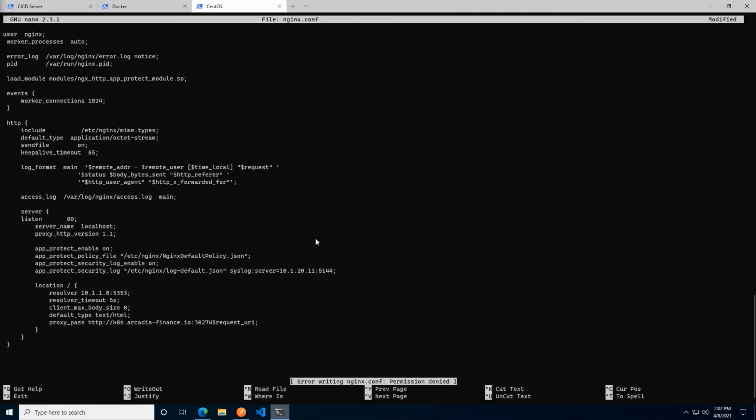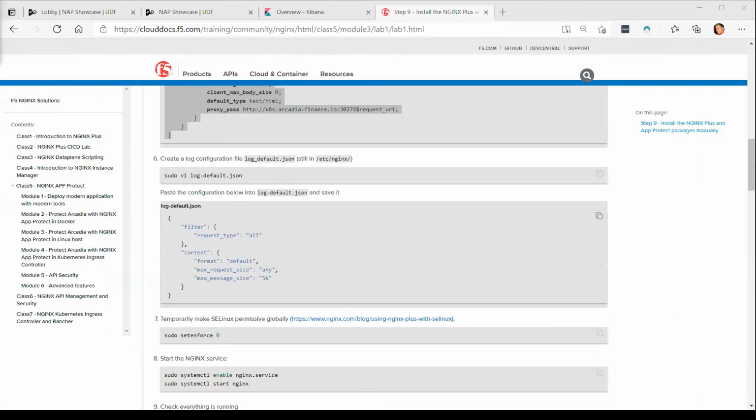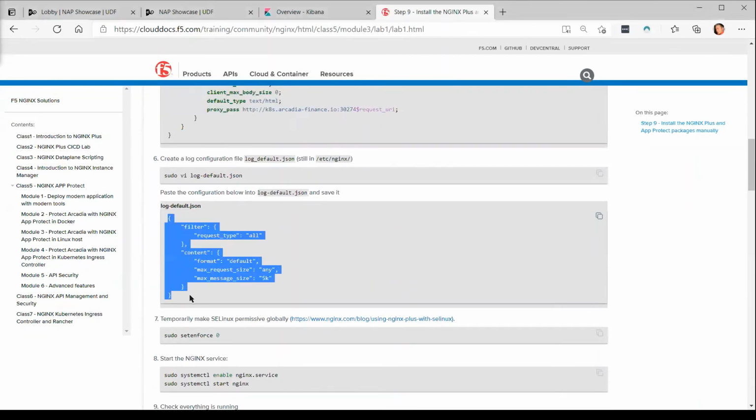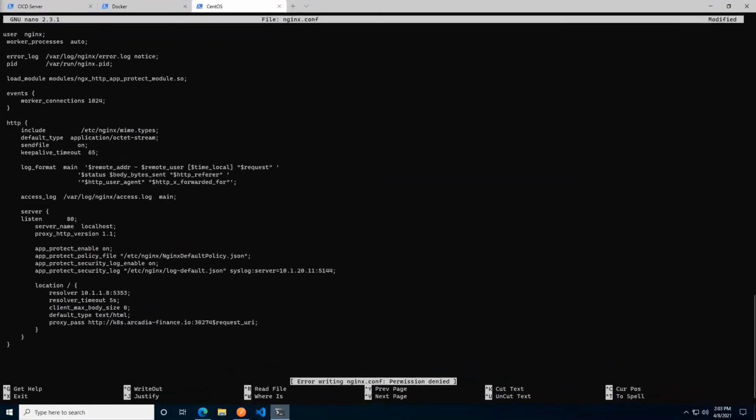We're also going to create the log_default.json. So popping back to the lab guide, I'm just going to copy out. It's not that much, but it saves me typing, and that's always a good thing. I'm going to copy that. I'm going to nano that as well in the...